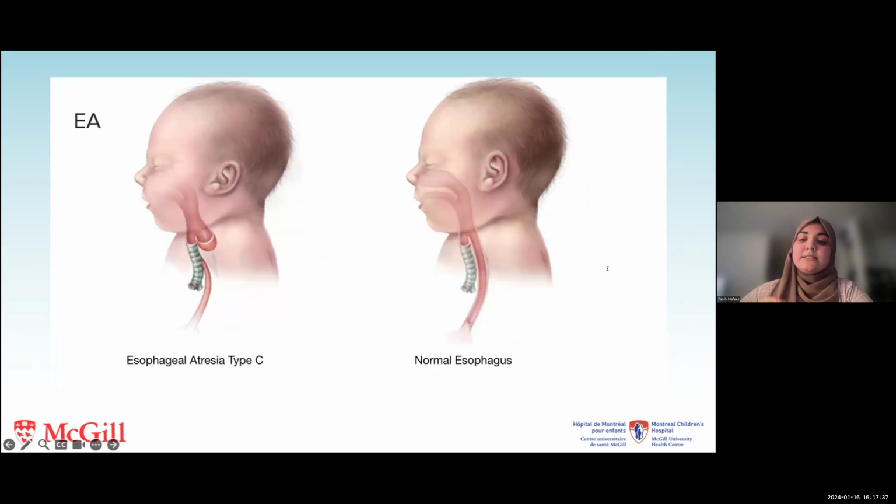And so while the causes are mostly unknown, genetic factors may contribute, and older paternal age and assisted reproductive technology have been linked to an increased risk. The diagnosis usually occurs after birth when feeding difficulties are noticed, and surgery is required to reconnect the esophagus for normal breathing and feeding. And early detection and intervention are essential for effective management.